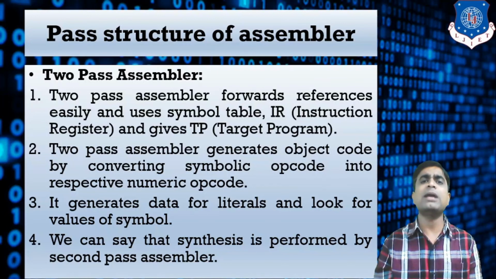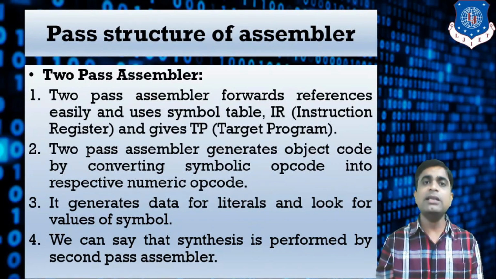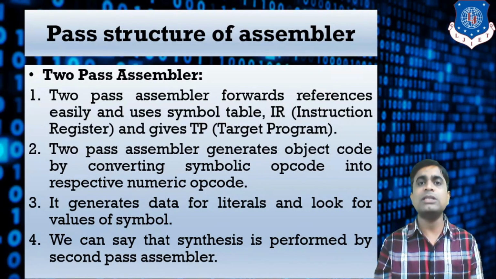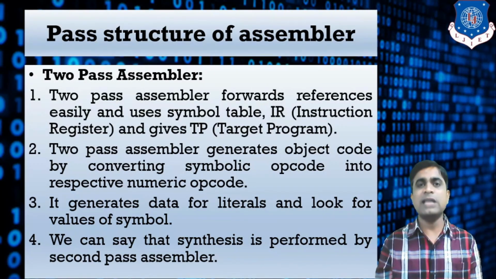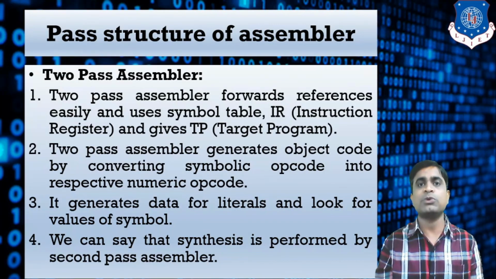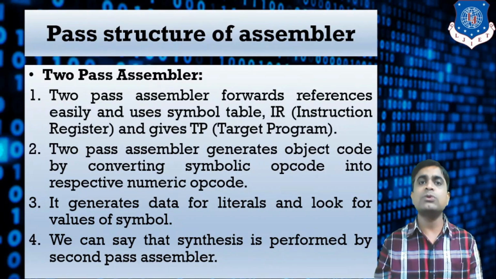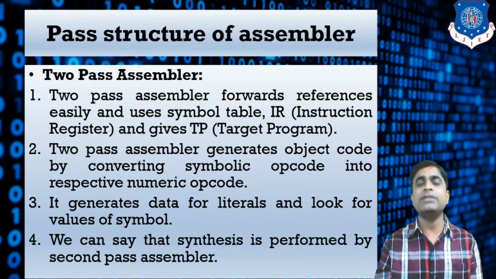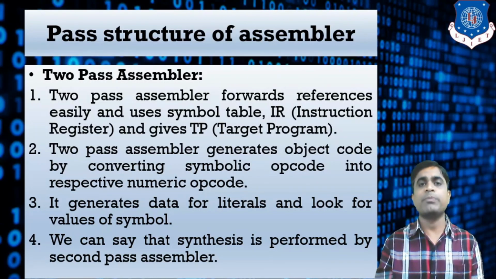Like in a compiler, there are two phases, analysis and synthesis. Similarly, in the assembler there are pass 1 and pass 2. Most of the tasks will be done in pass 2, the second pass. But if there is some problem in the second pass, or some forward reference in a more complex program, then we require another pass for the processing. But it is better to reduce the number of passes, because if the number of passes increases, it will require more memory and more time to process our assembly program.